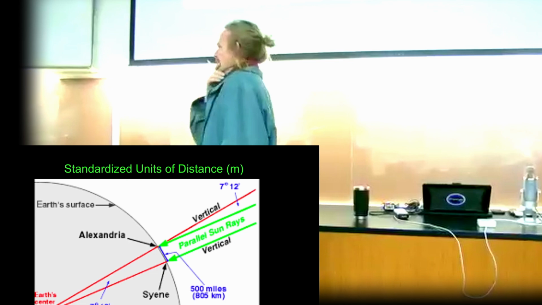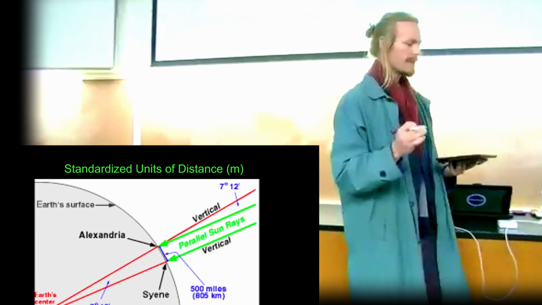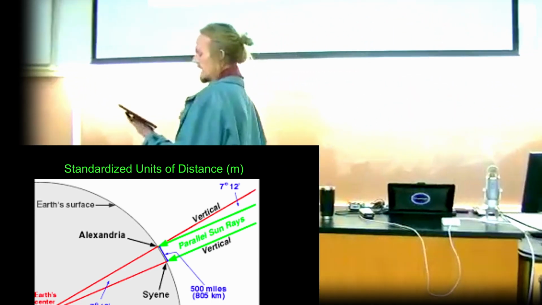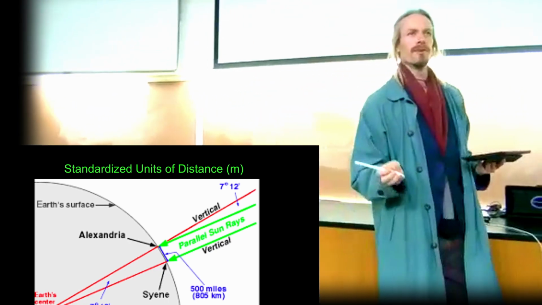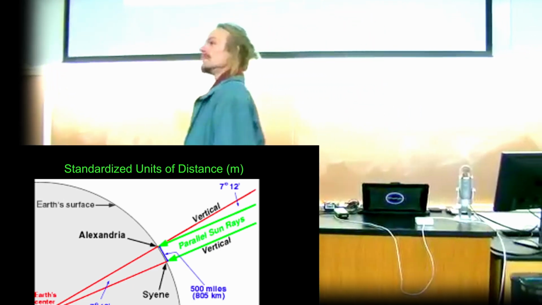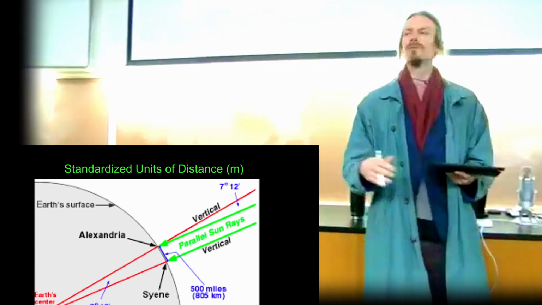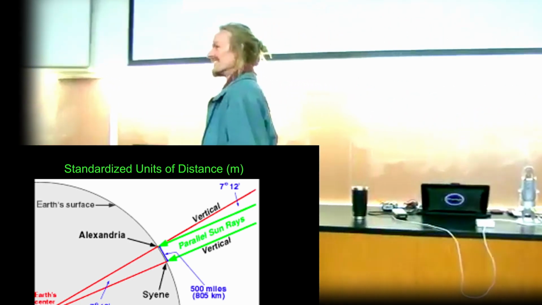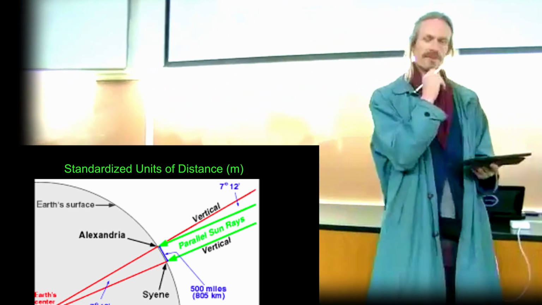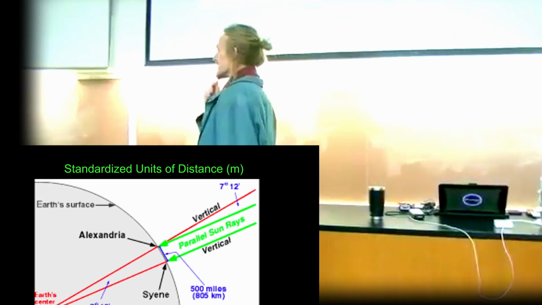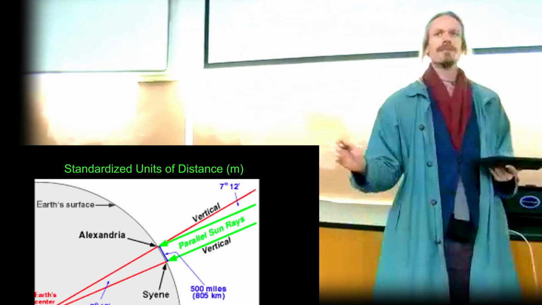And they set up this kind of ingenious system, and what they did was they essentially defined the meter by the length of 1/1,000,000th of the length of the arc of the Earth's surface from the equator to the North Pole. And so that's what a meter is, and it's still what a meter is, which is very strange because you have to ask yourself, well, how did they know how long the arc was from the equator to the North Pole? And that is a story that we told last semester, but just to give you a simple explanation for it,